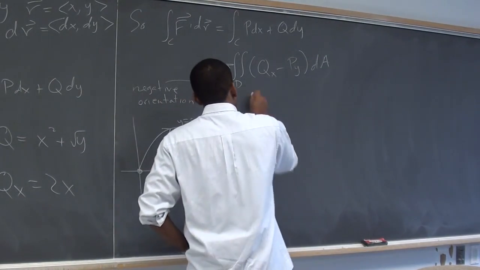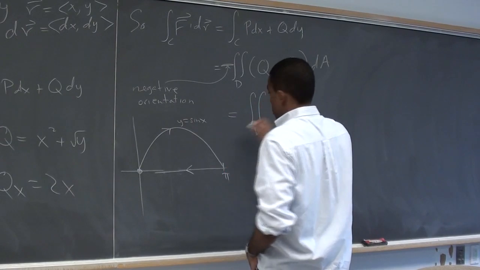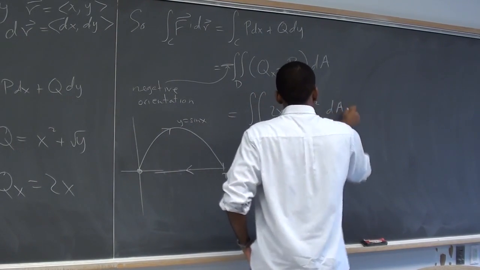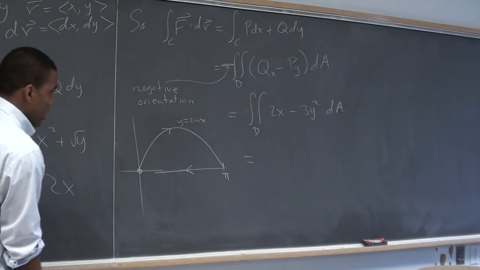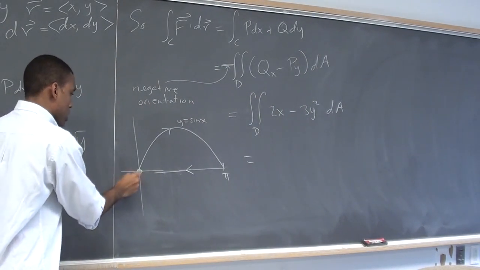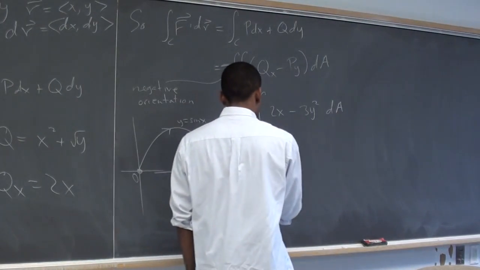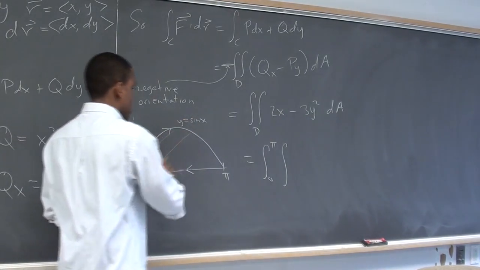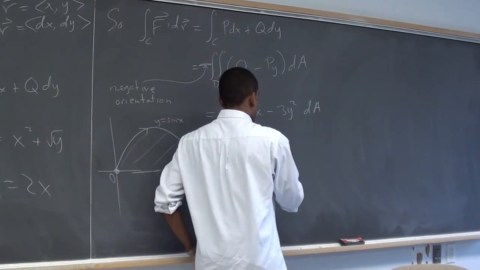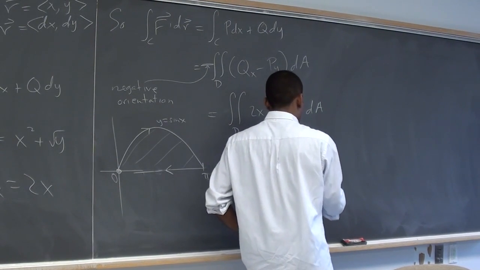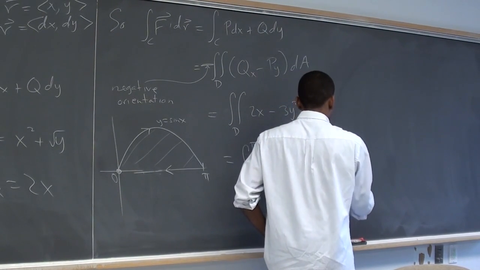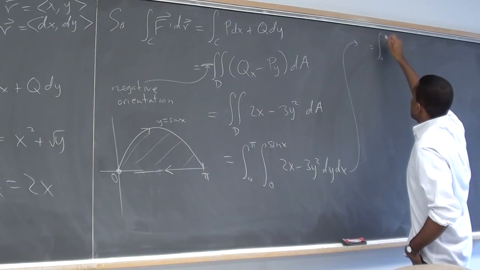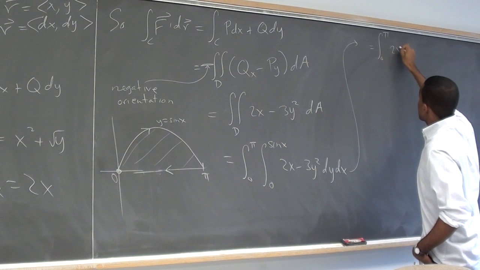And so we'll get the double integral over D of 2x minus 3y squared. Which you can set up. If I let x go between constants, x would go between 0 and pi. Let y go between functions, it will go between 0 and sine x. And so you just have to do that integral, right? So integrate with respect to y,